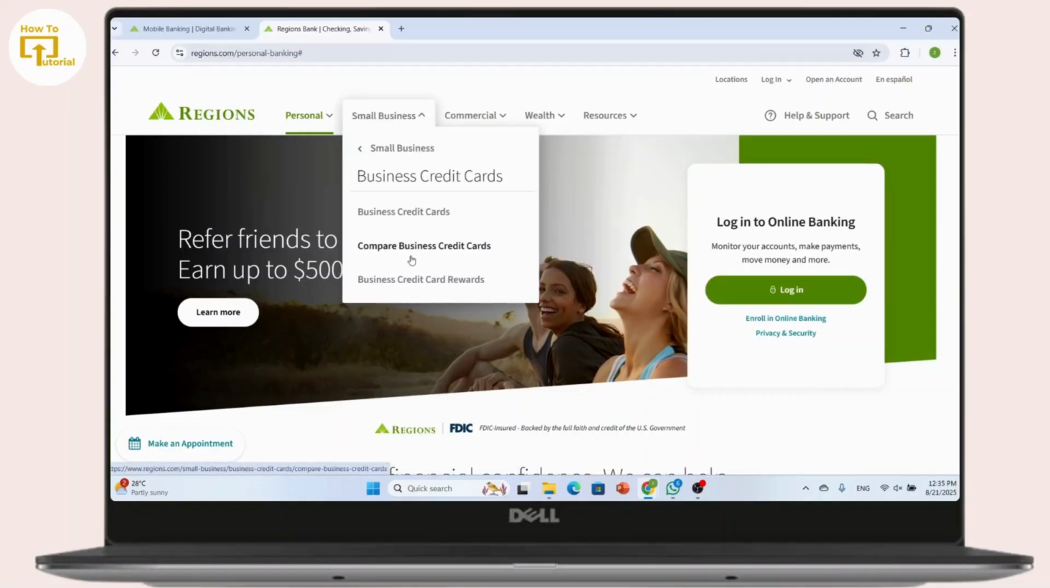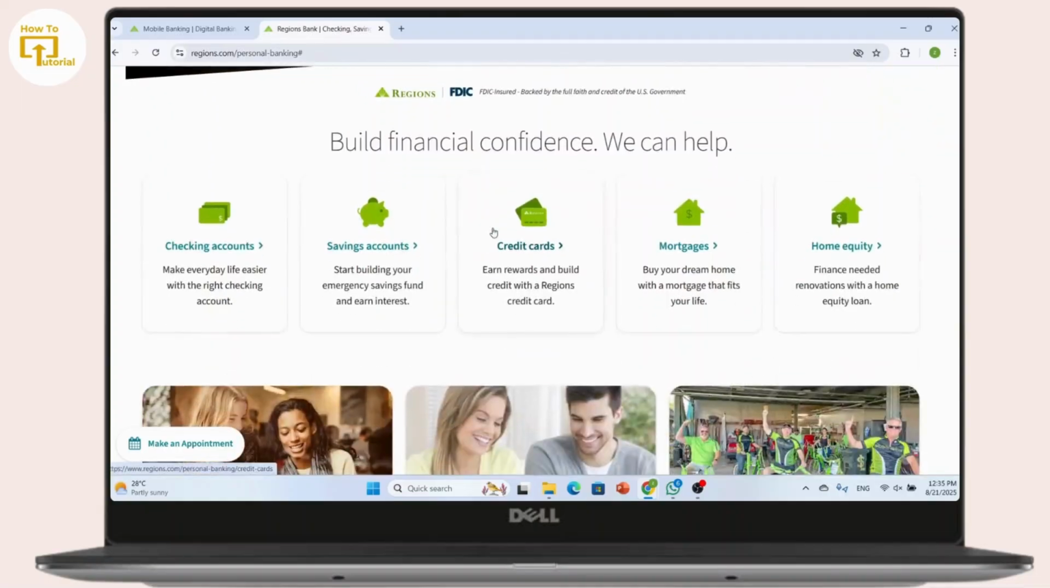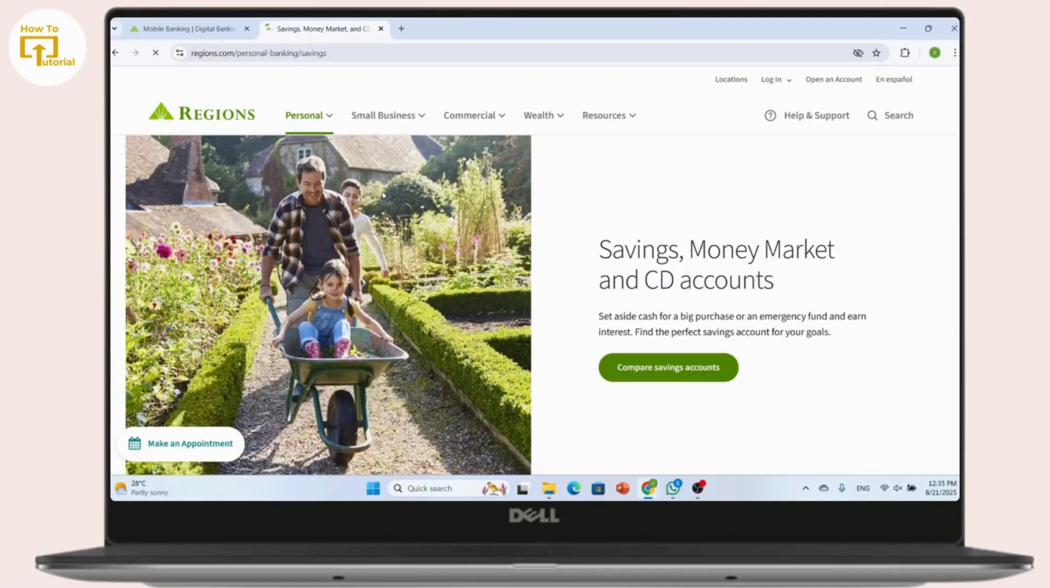Now here you have to choose the type of business account that fits your needs, such as checking, savings or merchant services. And there you simply have to fill out your business information, including legal name, tax ID, business type and contact details. And with that you also have to provide owner information, including social security number, address and any required identification